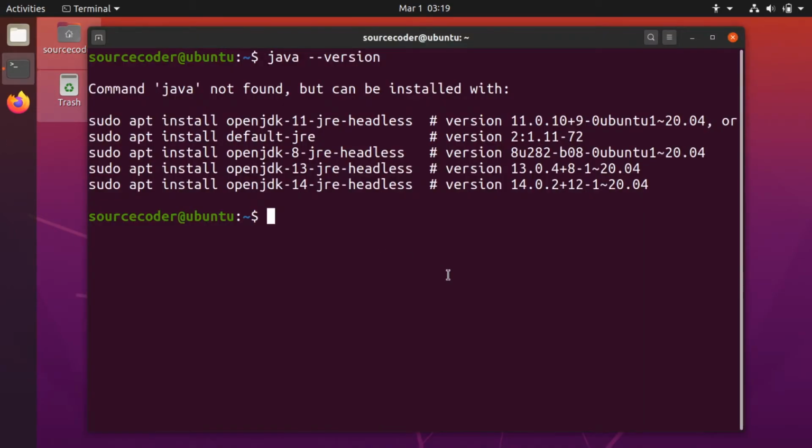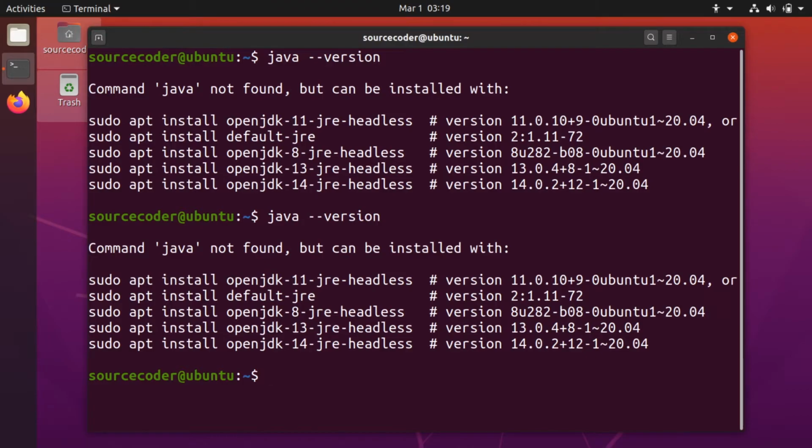If we check Java now, it still says Java not found because we have to set environment variable for this. Let's do this.